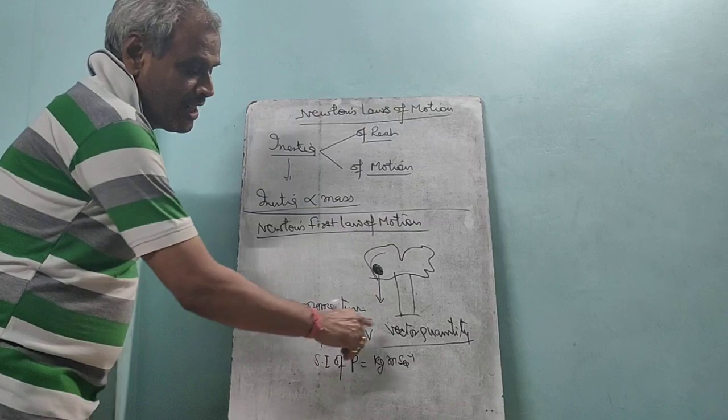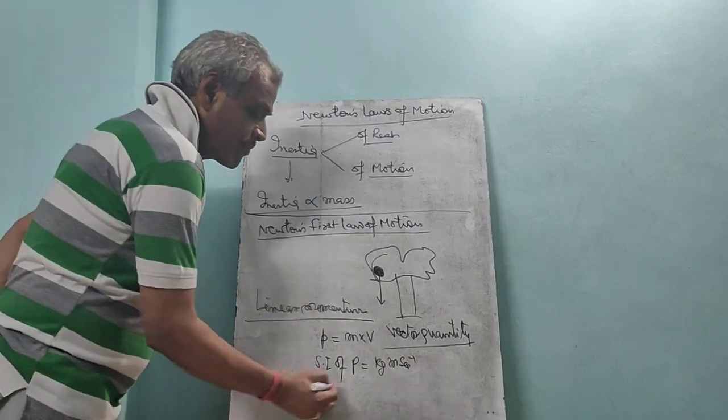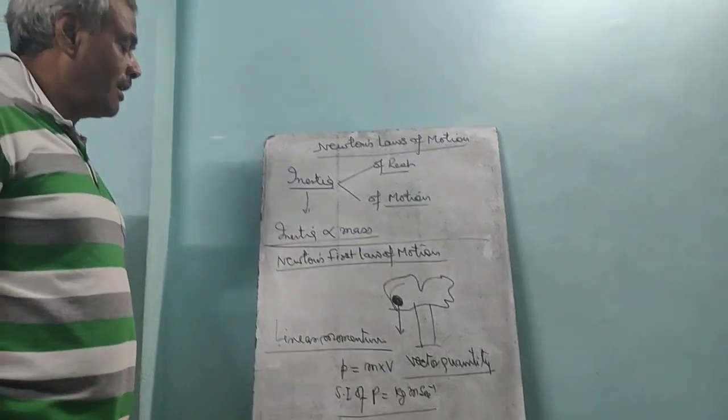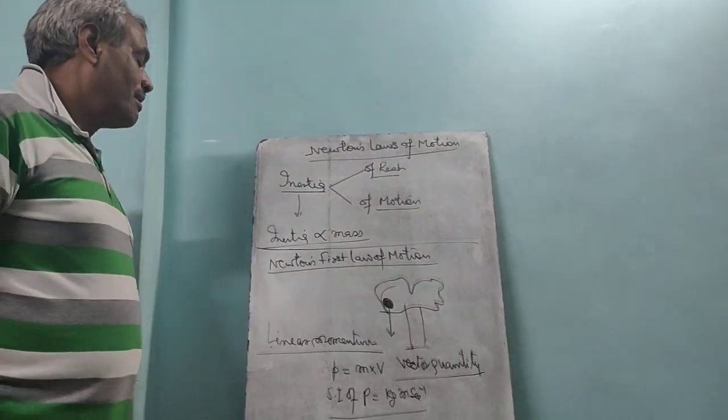Kg meter per second. Yes, it is a vector quantity and it is a very important quantity that we will discuss in the next